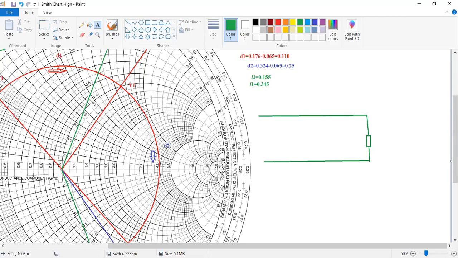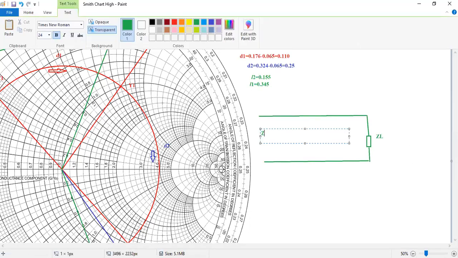First understand the analogy and then I'll explain in detail. This is your ZL and this is your Z0. Now the problem is that there is a mismatch between ZL and Z0. So what we did, we have put up an additional stub. This is the actual line. Now we have put up an additional stub.